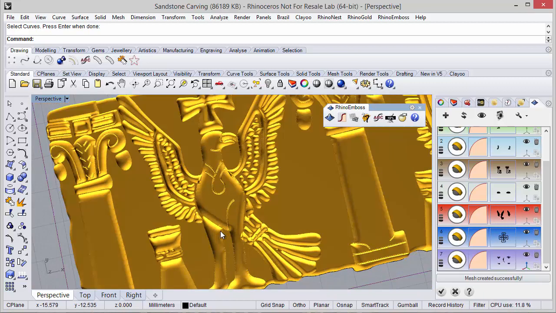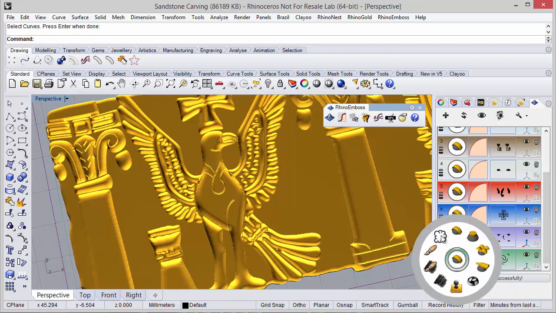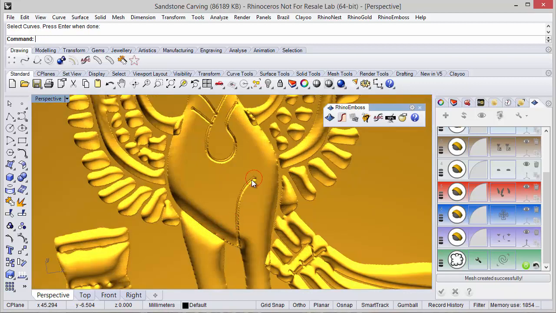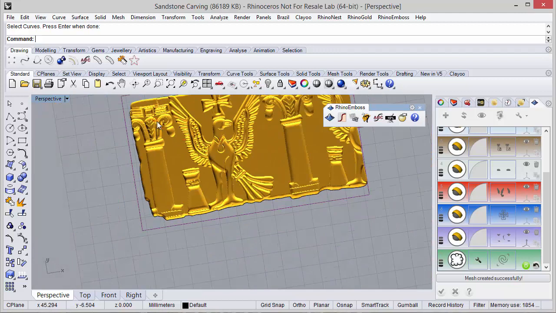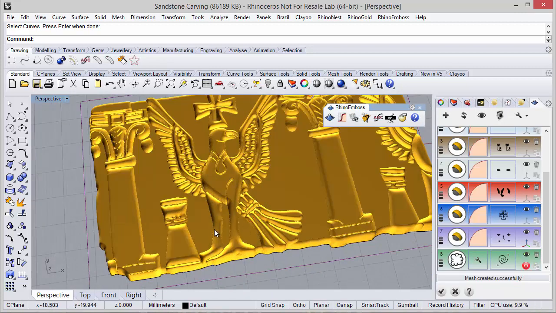Remember, at any moment we can add a new operation by, in this case, selecting operation smooth, and I would apply the smooth in these curves, just if needed to adjust all this area. Just drag with the mouse over the area you want to smooth, and easily we can adjust all the details. So this is the idea. After the smooth,